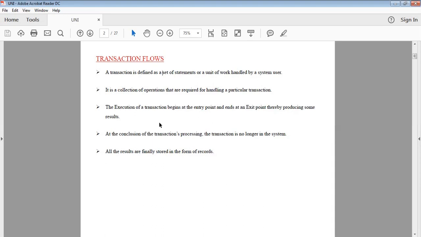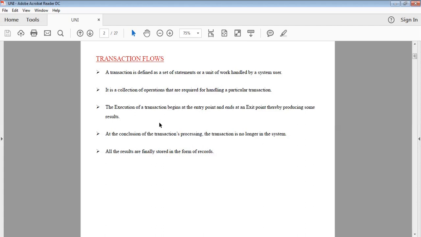Whenever the exit point is completed, the result is produced. After the exit point in the ATM center is completed, the amount is withdrawn and comes out of the machine. Compulsorily, a transaction should have an entry point as well as an exit point.